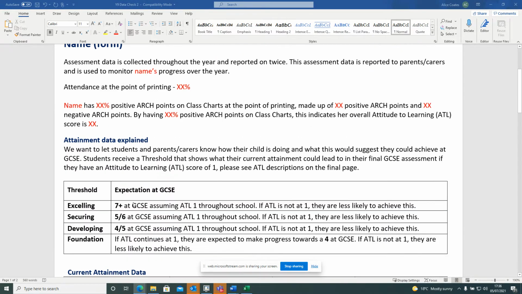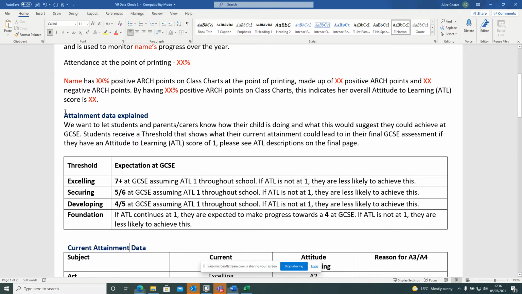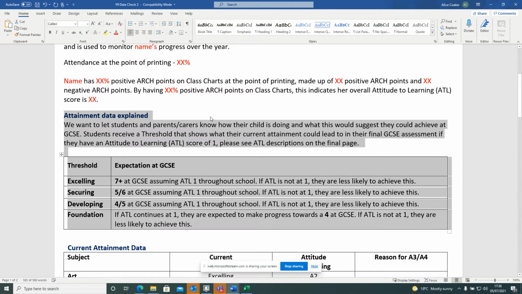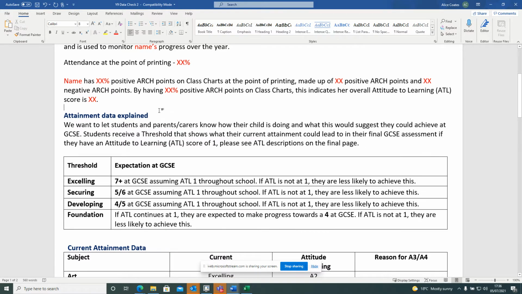So if I just scroll down a bit to here. So what you can see in this section here, where I'm just highlighting to show you that. Now, this is the same on everyone's report. It's just a bit of an explanation to explain to you about thresholds. Thresholds are how we offer an attainment guidance to parents and carers and to students. So we let you know how you're doing, and we offer some further guidance on how that links to an